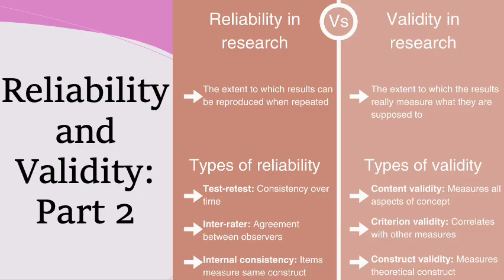There are also three main types of validity. Content validity is looking at if the tool is measuring all of the aspects of a concept. So if we have a tool that is about depression, we want to make sure that the tool is not only measuring changes in